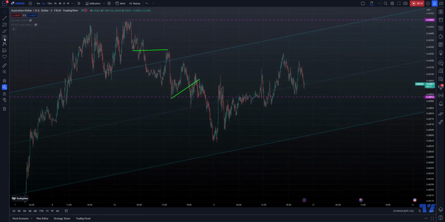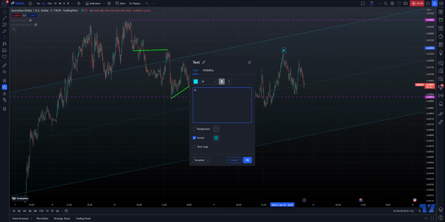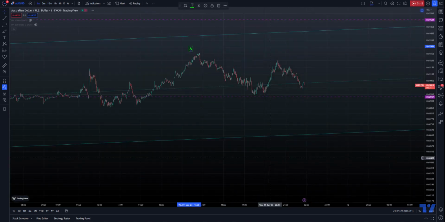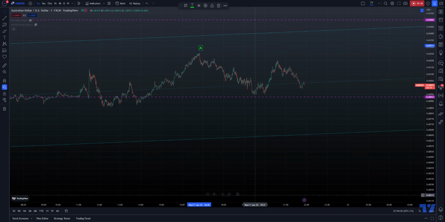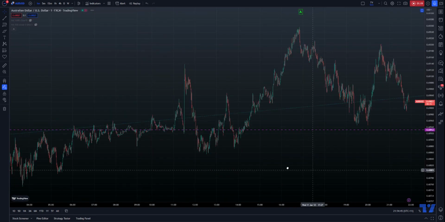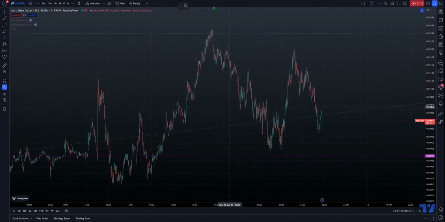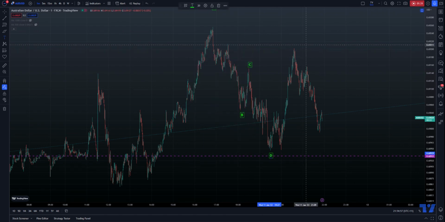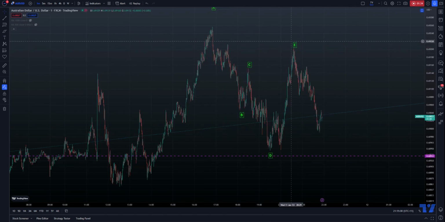So I'll quickly just label this up just to explain what I see. So we have A there. Now I'll just go to, sorry, the 1 minute chart. So you see that A. So what I can see here is, I'm not going to go crazy with the colors. So I can see a B, C, D, E, which means we break this low here, possibly going to go lower in wave three of this E